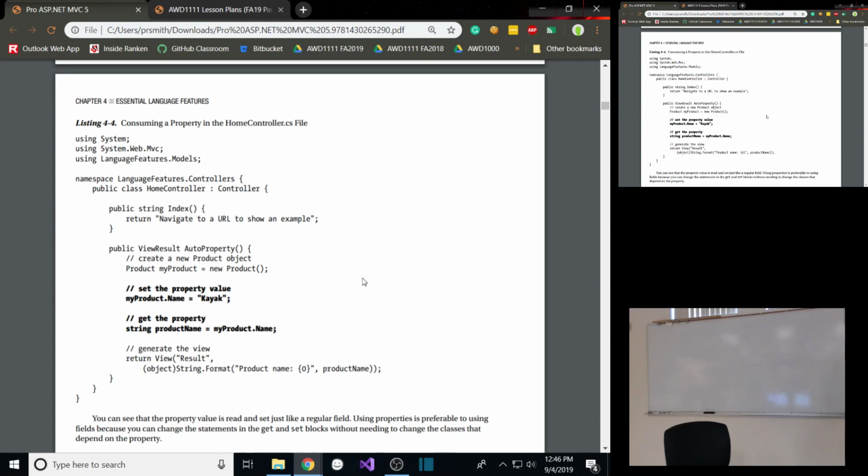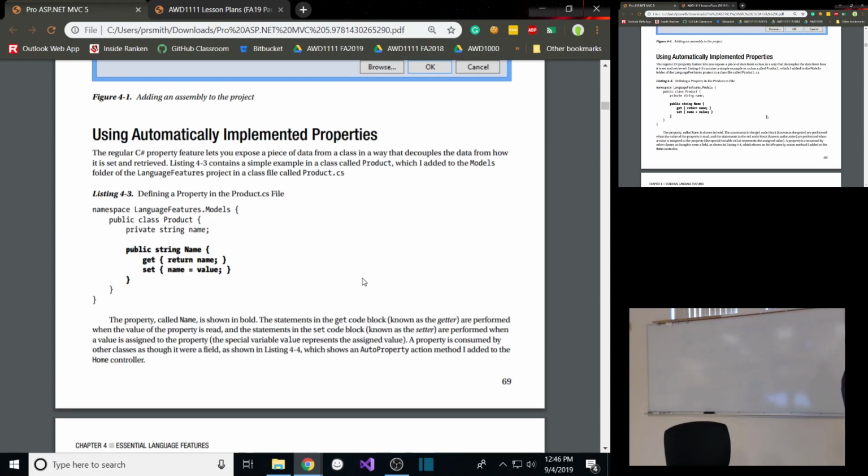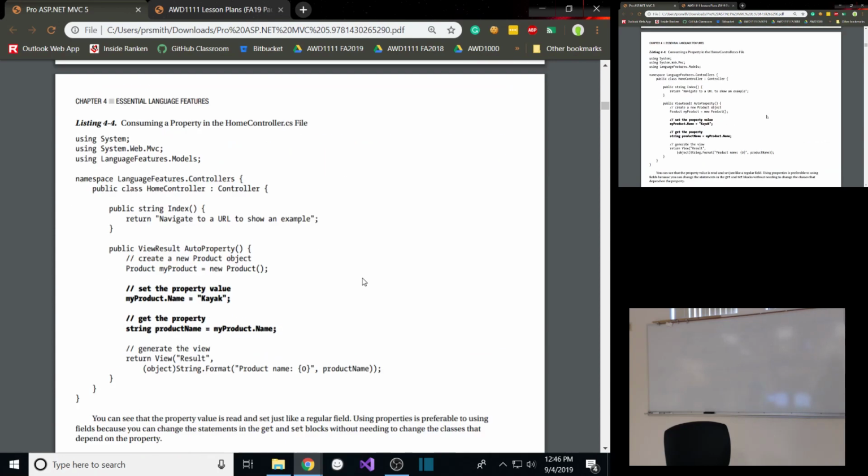So that's how we would use those properties, right? We can call the getter and setter. In fact, it looks just like we're accessing the field directly, right? Because if I had made this field public, I could just write product underscore name equals kayak, product lowercase name equals that, right? So working with properties, just as a reminder, looks just like you're accessing a field, right? Okay. So given that,